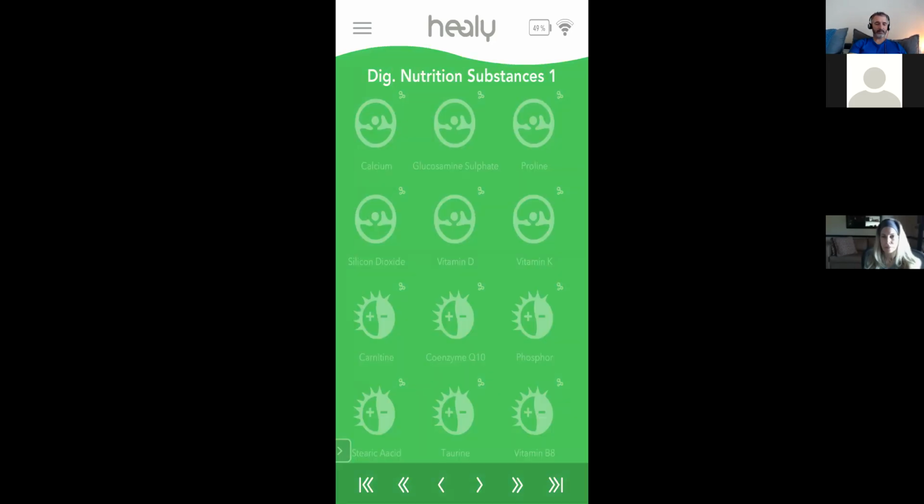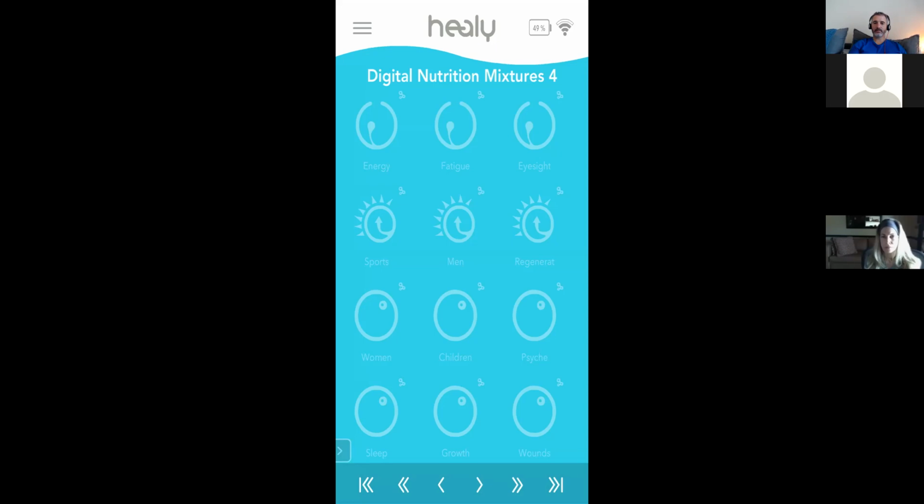Initially, I ran, where's the eye program in here? I ran the eyesight program a couple times. Right there, you see it. And I think that's actually one of the main things that help with my eyesight. I'm noticing it's been probably a couple weeks since I've run it, and I'm like, oh, my eyesight is slowly degrading just a little bit, right? And I'm like, ooh, I've got to get back to running that program, right?